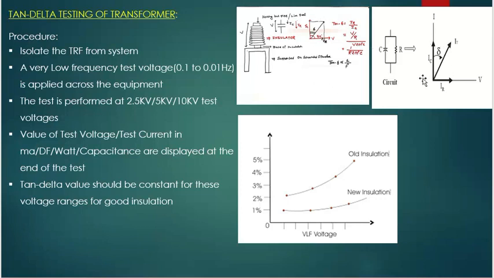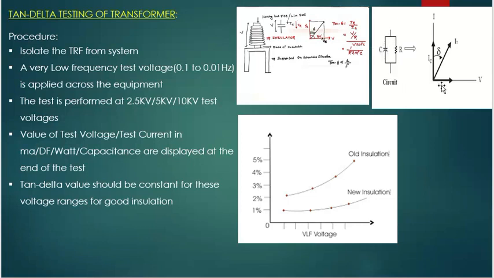But in practice, a pure insulator does not exist because of some inherent impurities. Also, due to the aging effect of the insulator, impurities, dirt and moisture ingress into the insulator. These impurities provide a path to the current, and as a result a leakage current, which is the resistive component of current, flows through the insulator body. So the insulator can be viewed as a capacitor in parallel with a resistance.